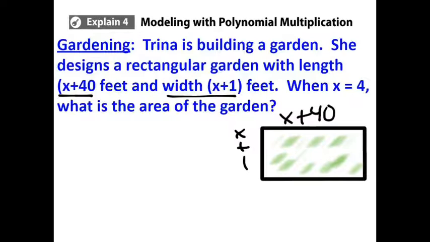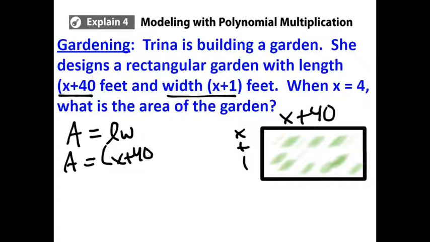When x equals 4, what's the area of the garden? Well, let's take a look at what it means to find the area of a rectangle in the first place. Areas of rectangles are length times width. So in this case, length is x plus 40. Width is x plus 1. And I just created a binomial times binomial problem right there, which I should be able to apply the FOIL